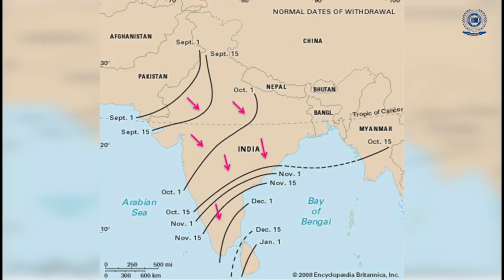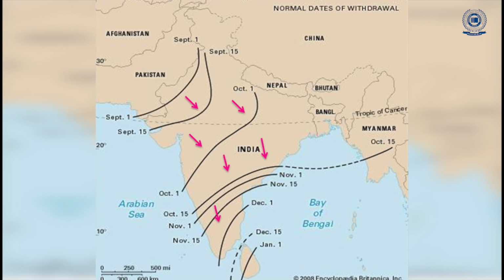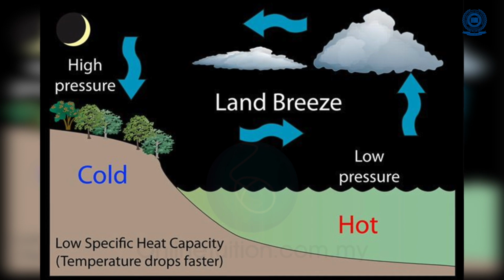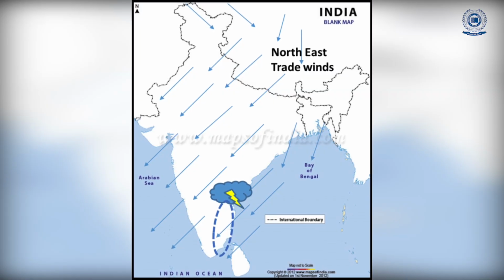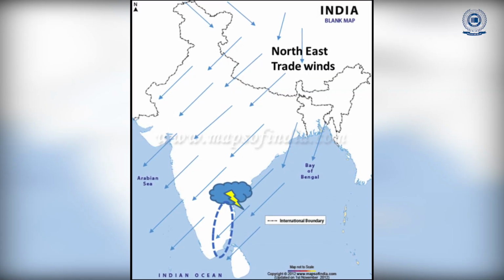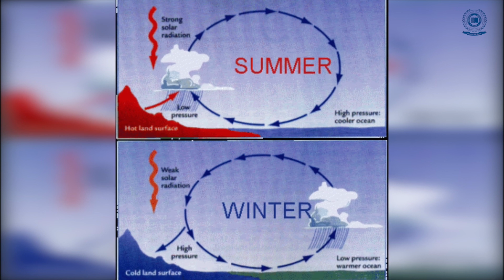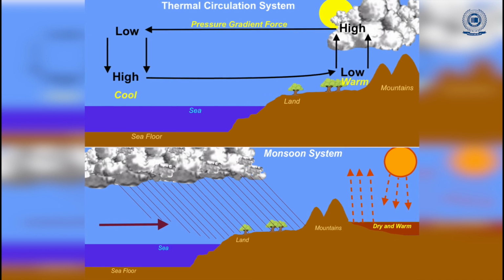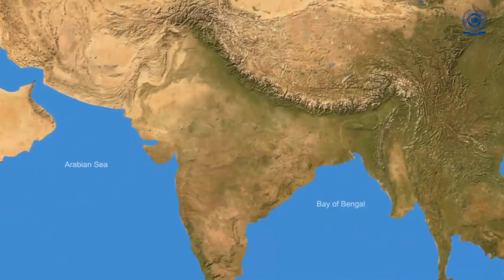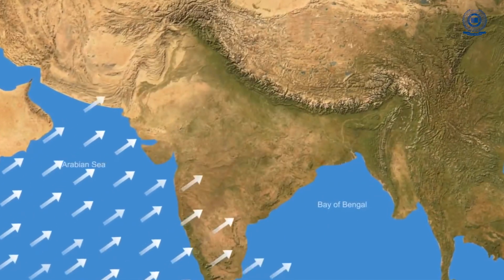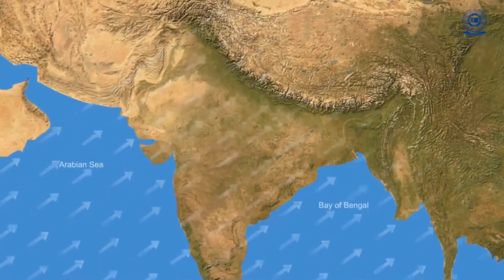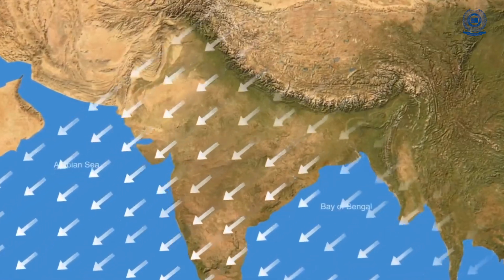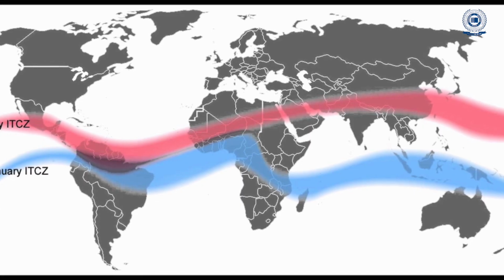Retreating monsoon, also known as the northeast monsoon, due to the direction of the wind. The wind begins to move away from landmass towards the sea due to the seasonal variation. By the end of September, the temperature in northern India begins to drop. The land is cooler than sea surrounding it. Thus, a low pressure is developed over the sea and high pressure is developed over the land. Thus, wind begins to move from land to sea, causing reversal of monsoon.